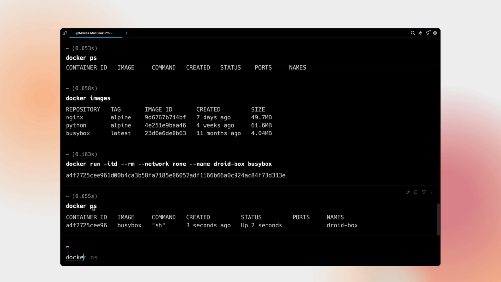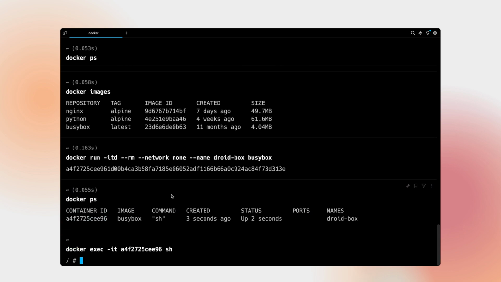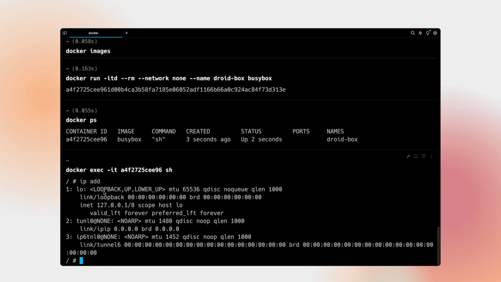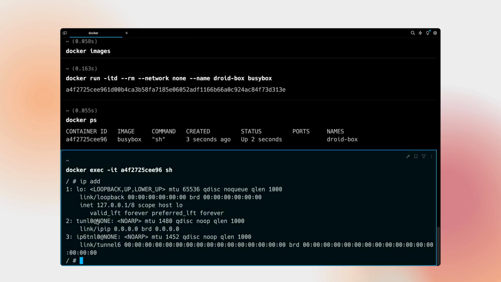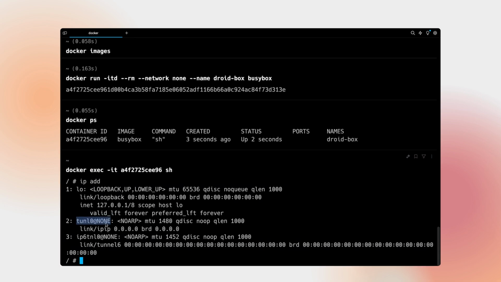And let's exec onto this container, also copy the container ID, and also use sh to run ip add. And in here, we're particularly looking for a tunnel being assigned to none, as well as the IP6 tunnel also being assigned to none. So the output is really important because it's displaying you information about all the network interfaces. And in this particular example, we can see that it only has the loopback interface